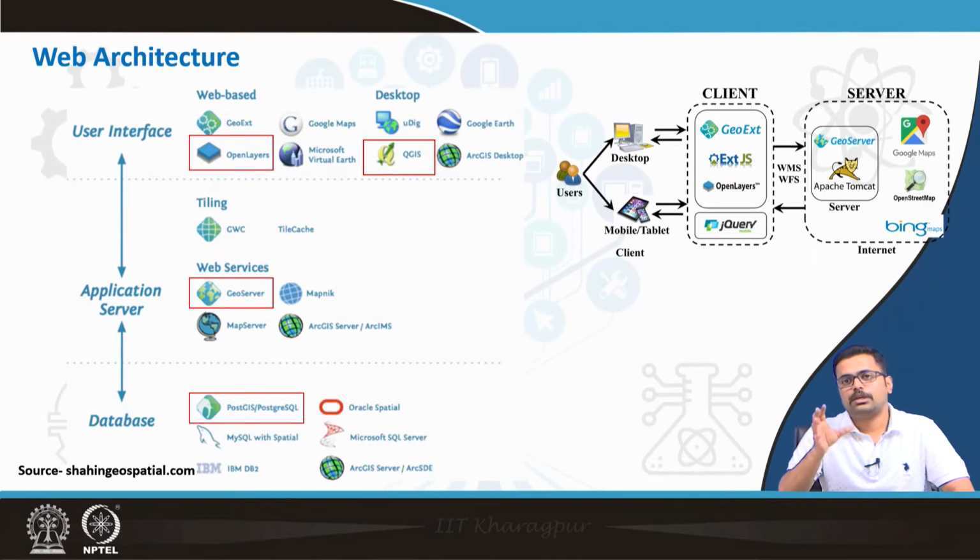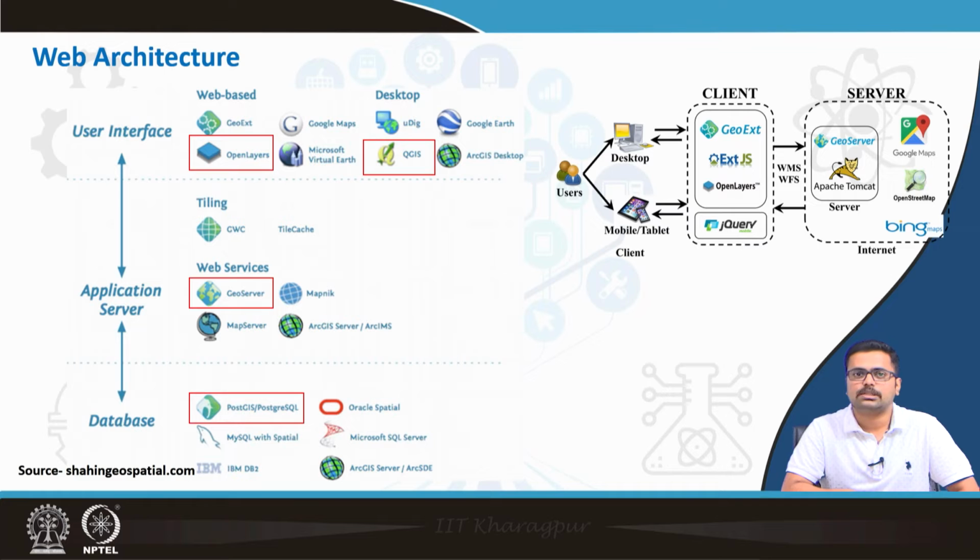And if you see carefully, this is GeoServer's web architecture. It is GUI, that is nothing but graphical user interface, application server and database. These three are the main components. The graphical user interface can be of two types. One is web based, the other one is desktop based. So far in the previous hands-on sessions, we have seen how the GUI looks in QGIS, and if you come to the web based, then OpenLayers is one of the major web based user interfaces.